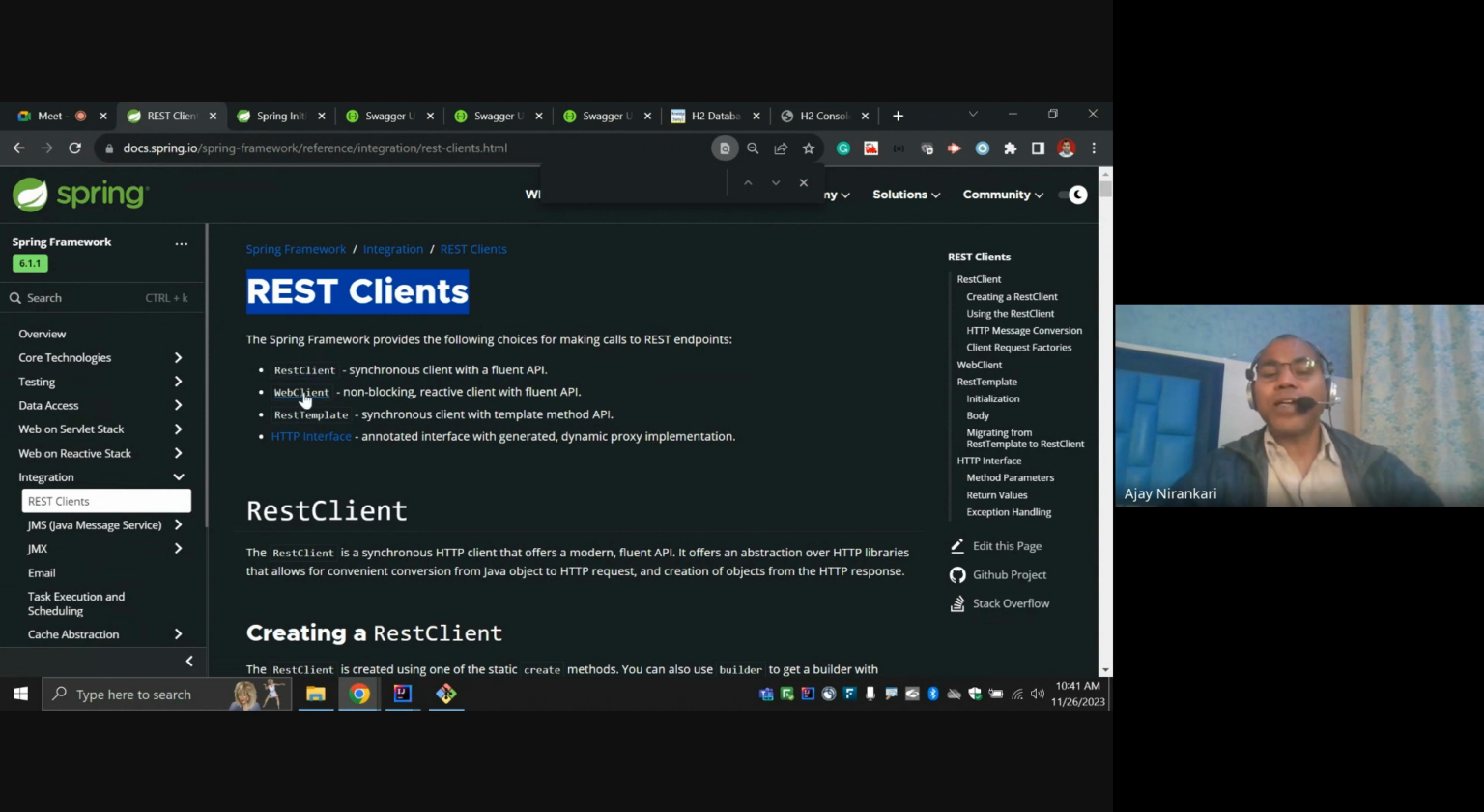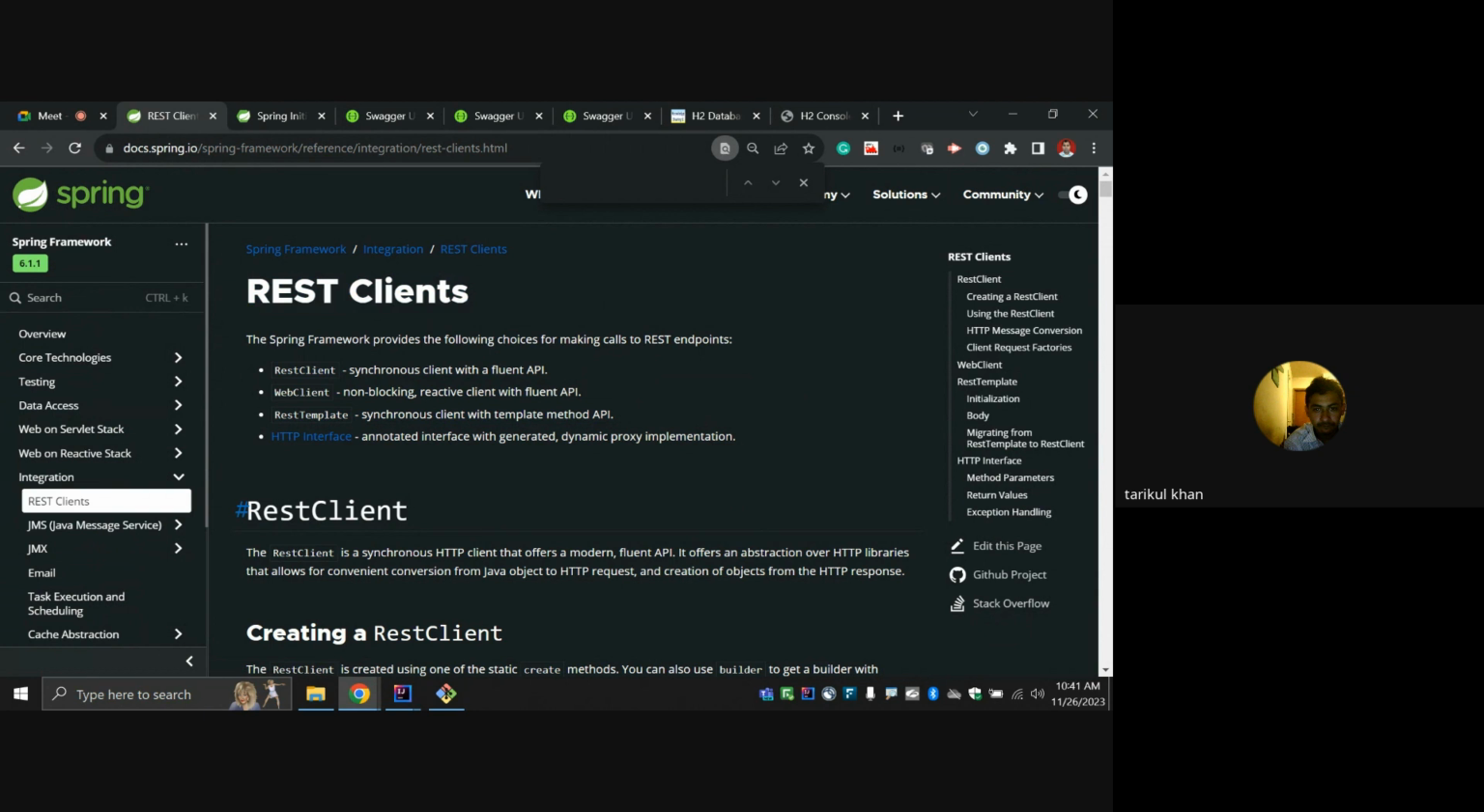Two things: REST client as well as the REST template. Both you can test. Both work the same way. And REST client comes under the integration. Notice the documentation says, hey, Spring framework under the integration, right? Integration means